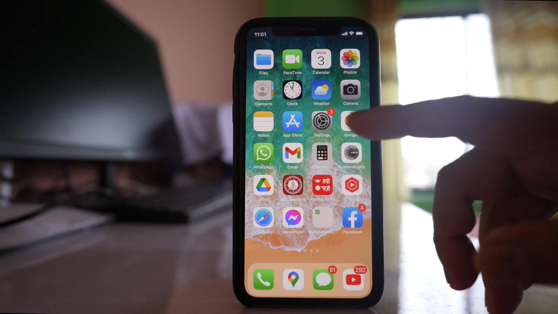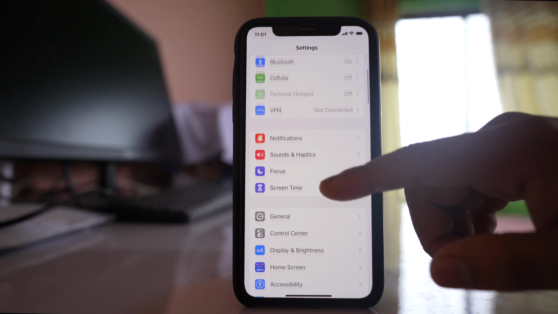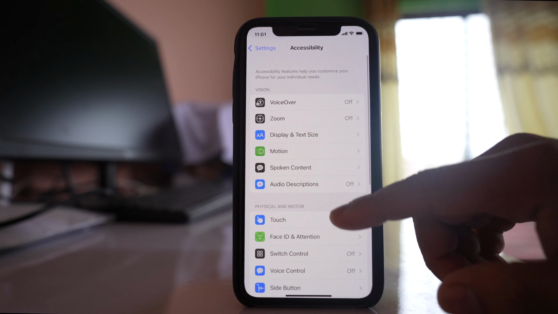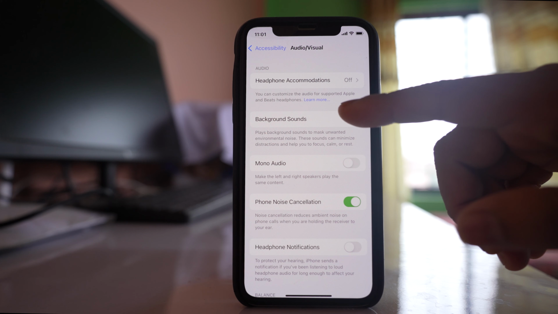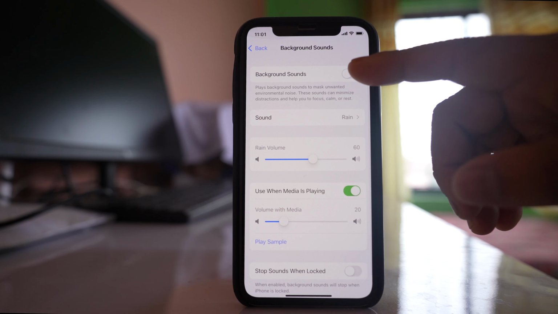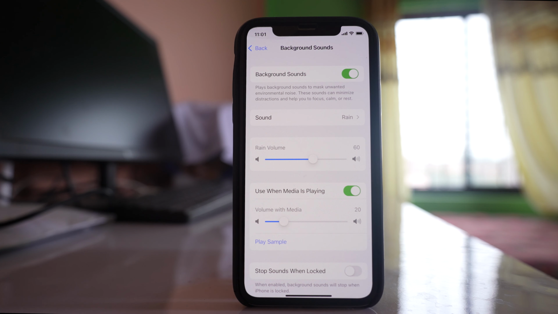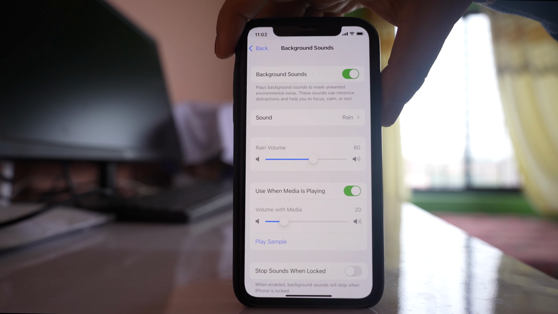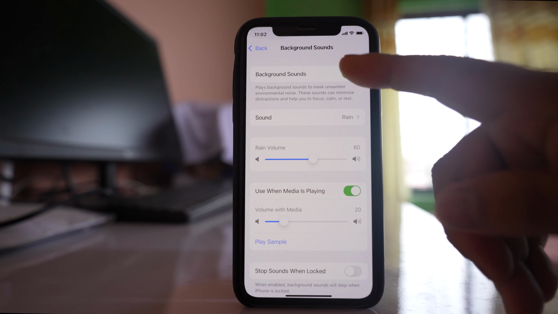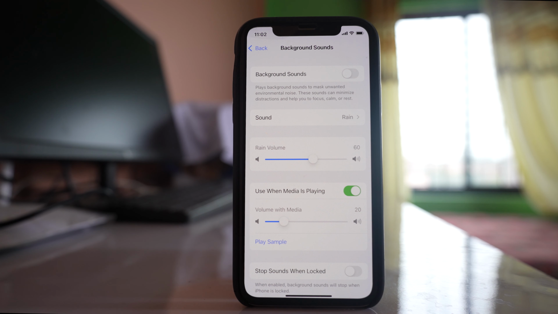Now after that, what you do is go to settings here, go to accessibility, go to audio visual, and if you see there is an option here, background sounds. If you enable this option, then in that case you heard rain playing in the background. Now that sound will play even if I lock the phone. So what you have to do is, you have to switch off this background sounds and the sound will be